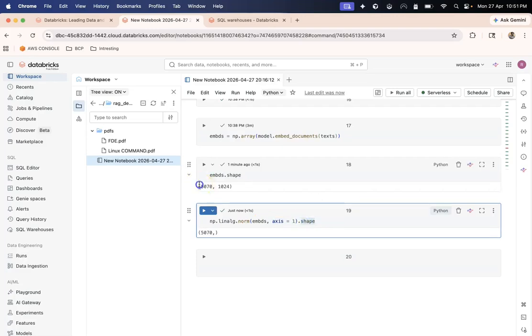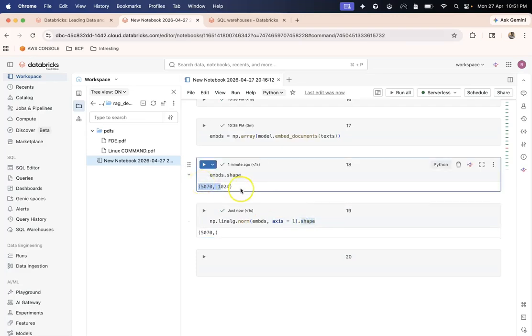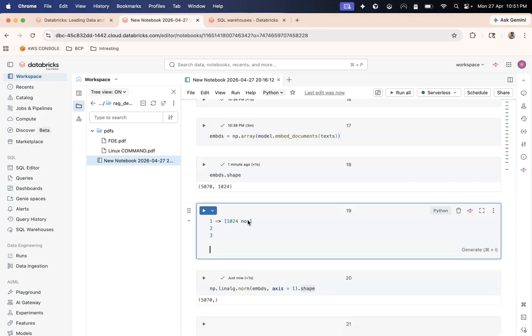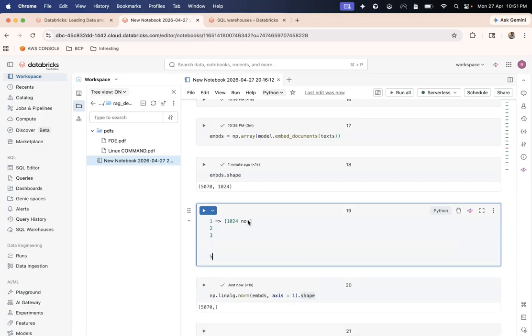For each embedding, you can visualize it like this. For the first chunk, we have 1024 numbers, and the same for the second chunk, the third chunk, and so on up to 5000 chunks. For each chunk, it produces one number, which is the magnitude of these numbers.